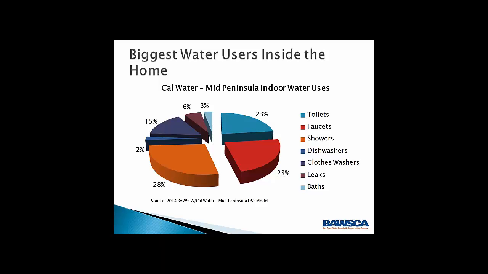However, toilets have become much more efficient over the last 20 years. Previously, most toilets used 3.5 to 5 gallons per flush, and most of the toilets on the market now use 1.28 gallons per flush or less. In fact, as of January 2014, toilets that use more than 1.28 gallons per flush cannot be sold in California. So we've seen most households, as their toilets break or as they've taken advantage of rebate programs, no longer have the really high water use toilets.